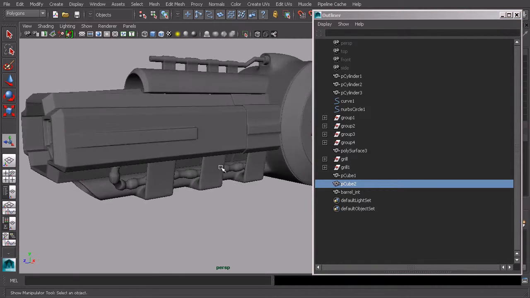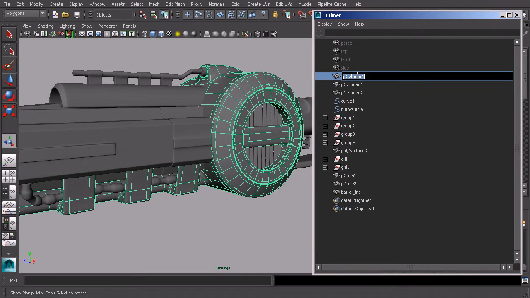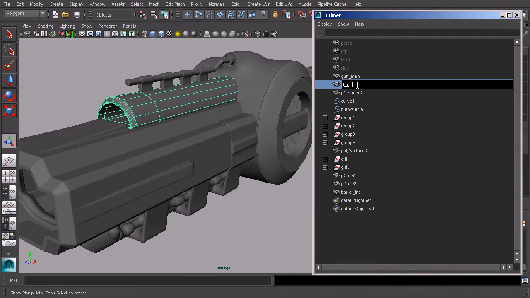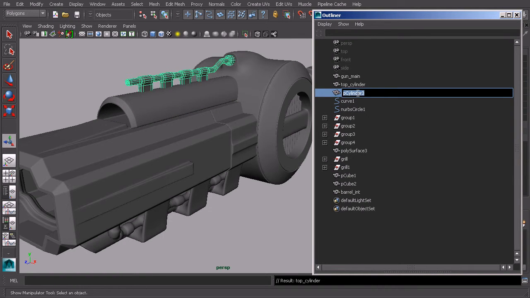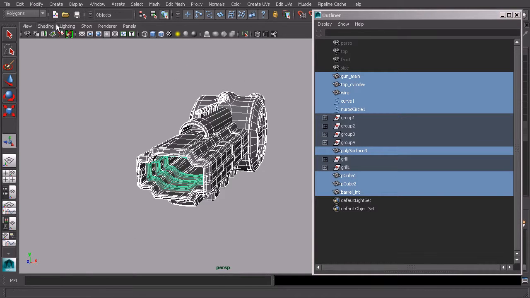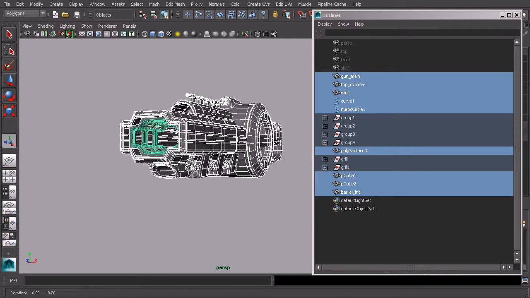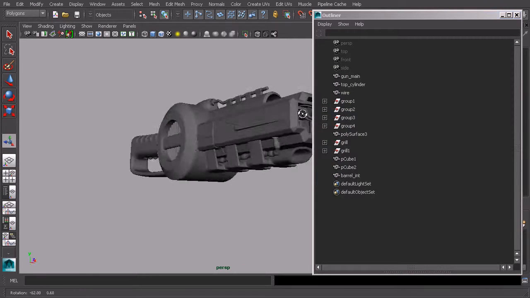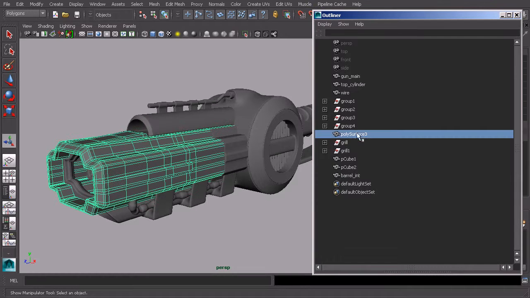And then we've got this main piece. You can call this something like main, or if you have something a little bit more descriptive, you could call it that. Top cylinder, and then maybe this is the wire. We can take our geometry and make sure that we don't have any more curve connections or anything like that, and we can delete our curves, so we won't need those anymore. And call this gun